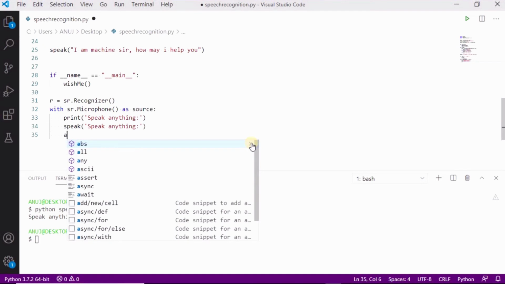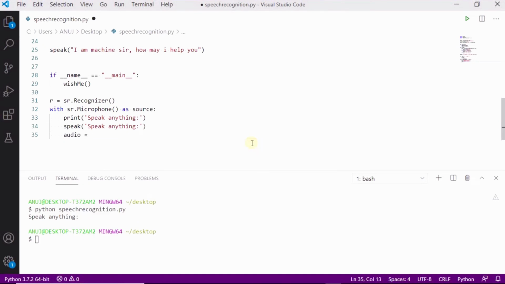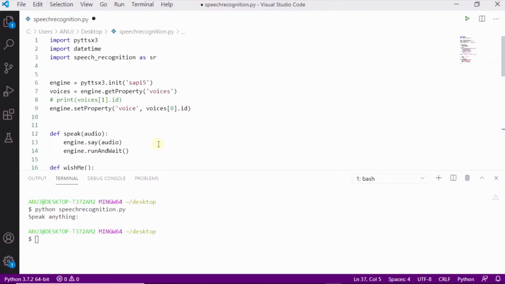Now I will type audio equals to r.listen and then source, and this line is used for listening to our phrases and extracting them into audio data. Now I will use a try block that is used to test for an error in this code.